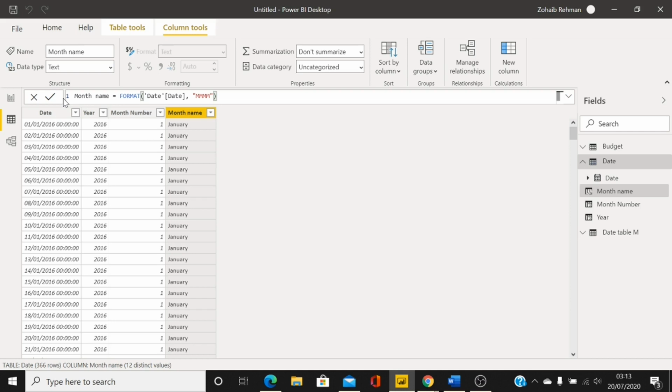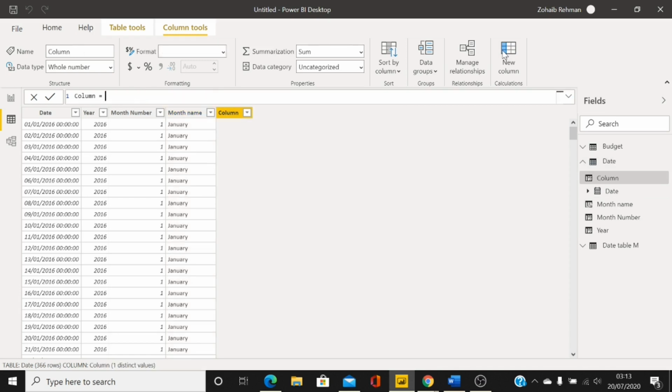There's another way of doing this as well, which is abbreviating it. We can copy and paste it, but what I like to do is practice and get to know what I'm working on. So I'm going to start from scratch again. You can copy and paste the last one because there's only a slight difference. So we're just going to put Month Name, and I'll put ABR for abbreviated, equals,